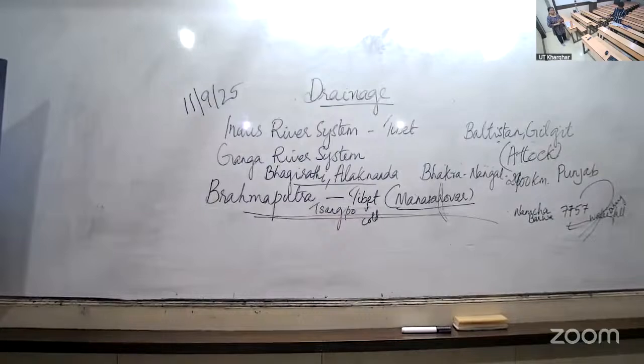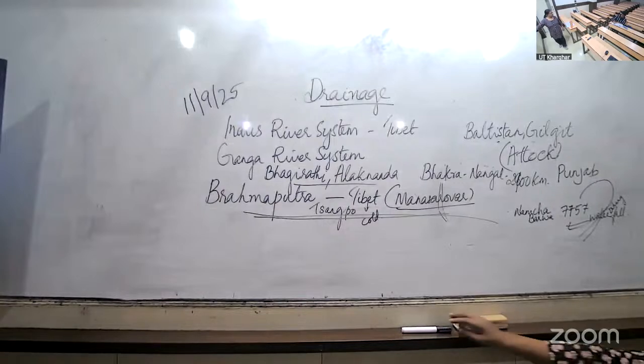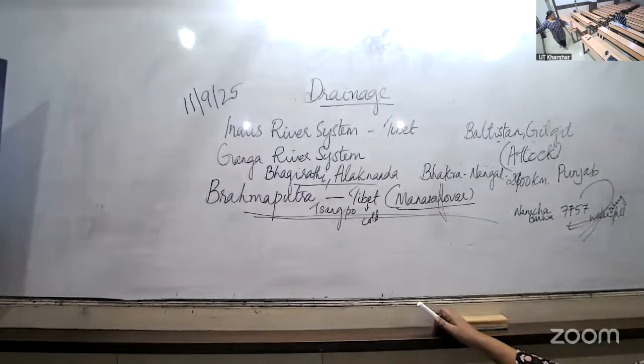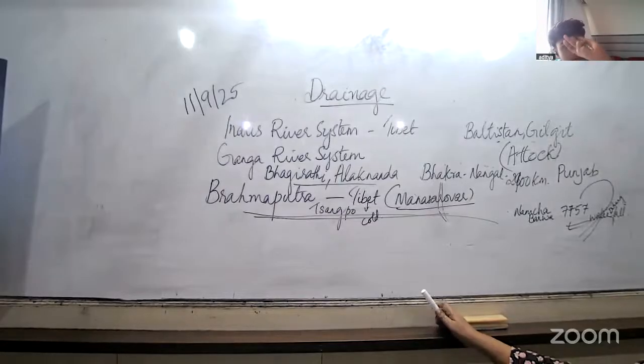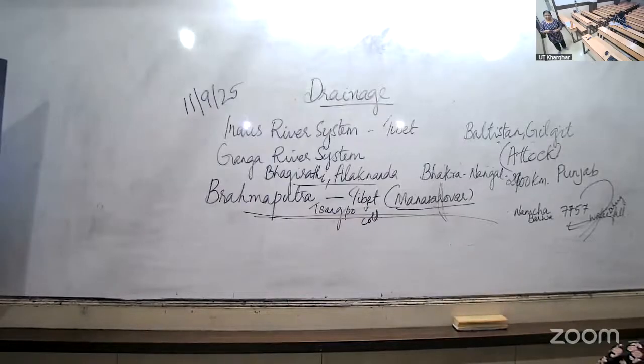Here you have to mark two more points. One is that Mahanadi, Godavari, Krishna, and Kaveri flow eastward and drain into the Bay of Bengal, and these rivers make deltas. Now, two major west flowing rivers are there: Narmada and Tapi. They form estuaries. Okay, you also mark that part. Ma'am, what are estuaries? I am going to teach you that.